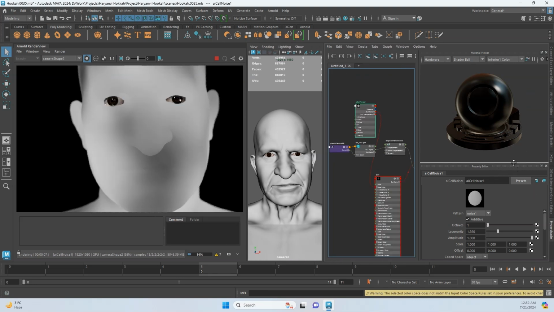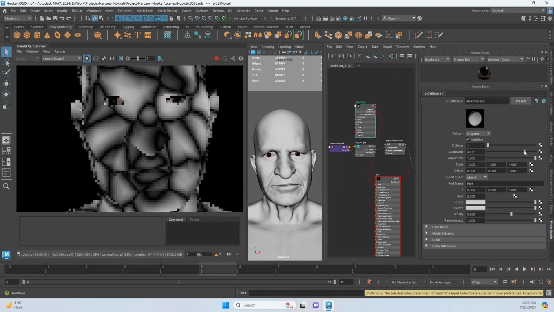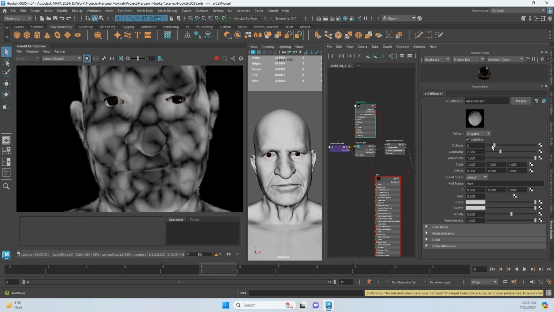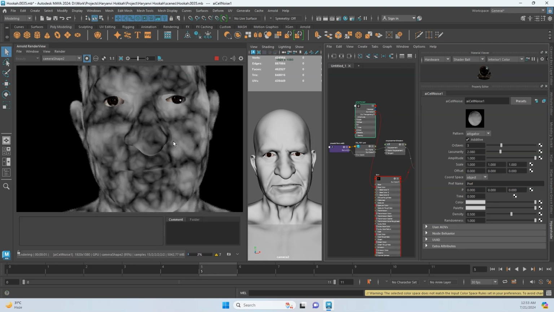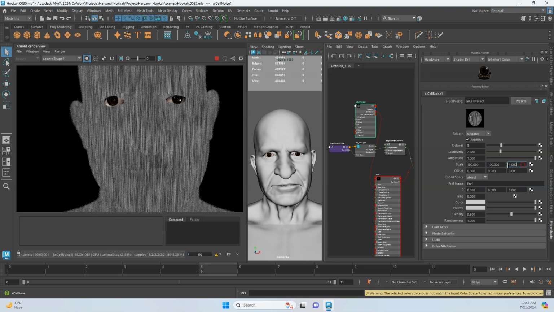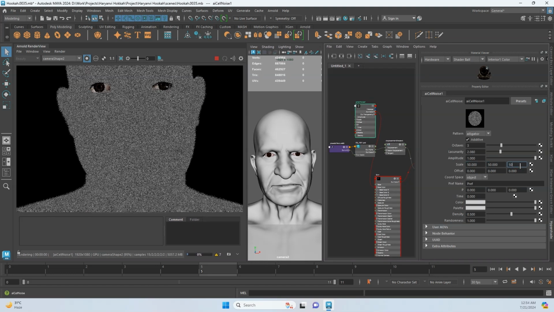And now we are going to come up to its properties. Let me just put that material viewer aside, and we will change its type to alligator. Now do notice how edgy they are. They're not too much edgy, but still they look like polygons. So to change that, we need to increase the number of octaves here. If you increase too much, they will turn into some random noise. This pattern will not look like pores. So I think a value of 3 is fine. So let's change its scale value in all axes to 100. I think it's too much. 50 will be fine. Yep,